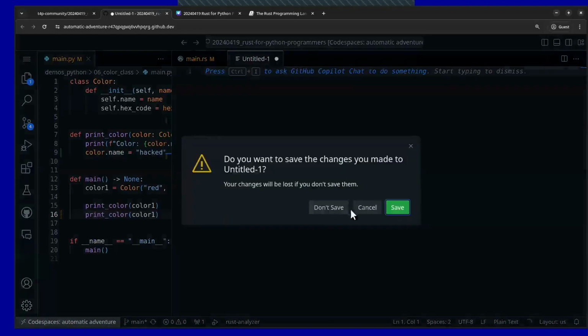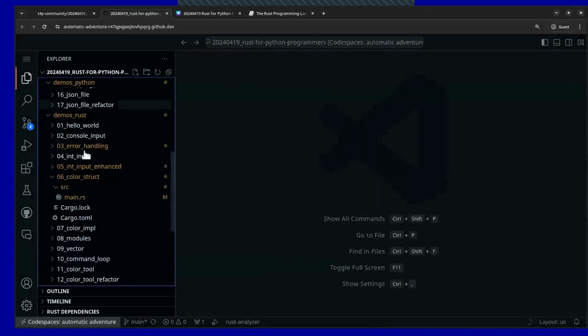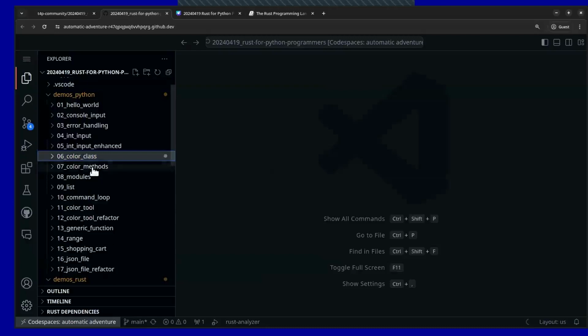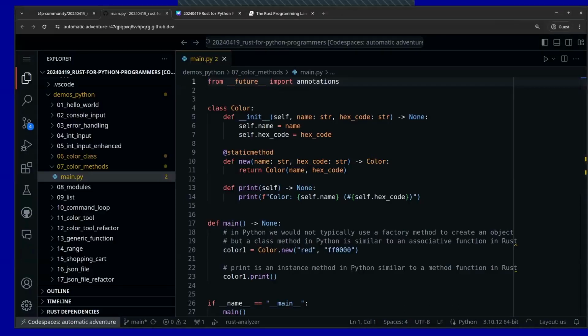Let me go ahead and close that and that. And let's come on over to adding some methods here. So probably the next question I would have if I was going to build a real program was, okay, I've got my data structured. What about putting some methods with that? So as you know,